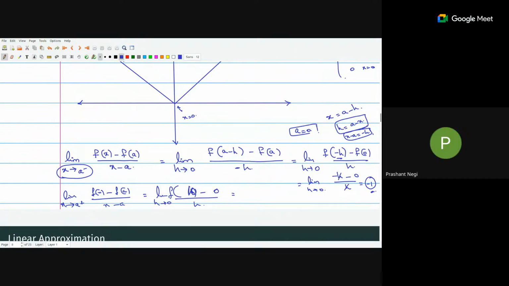Then the denominator will become minus h. Then minus h will become plus h. The numerator will be plus h. The denominator is minus h. And that will be f of a plus h, no? A minus of minus h will become plus h. This function is a mod function, okay? Everything will be positive only. Whatever input you give, the output should be positive. No, but the slopes are negative and positive, no?